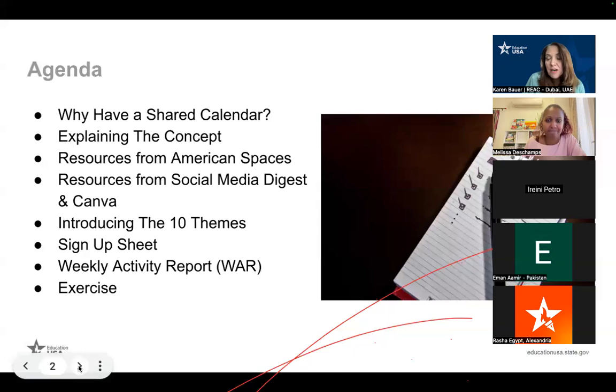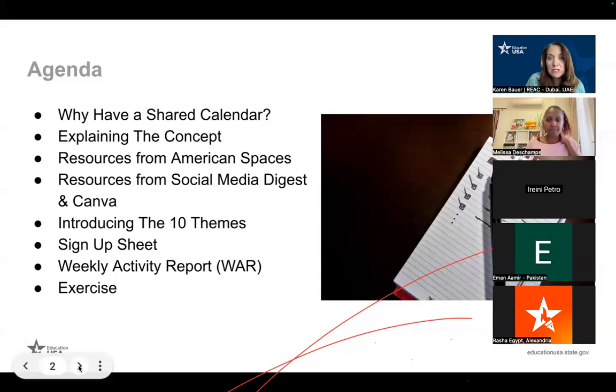I think for some of the Middle Eastern and North Africa advisors, this will be pretty familiar to you because some of you have been doing this for a while. And those of you who maybe are at American Councils, we've been doing this as well with our new roles and with Dolly and the new team. So some of you are already doing this, but we're going to put a little bit more structure for both regions combined together.